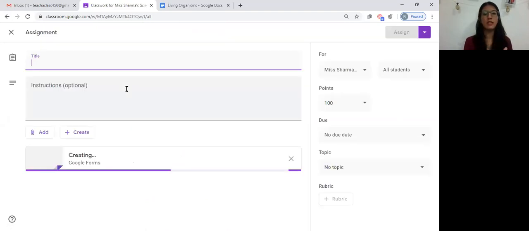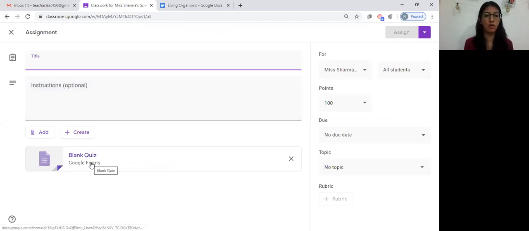Now, can you see the various things that you can do with your Google Classroom? You can assign assignments, you can ask them quizzes, you can post your reading materials, share videos, etc. Now, I'm going to show you quizzes. If you want to understand how to work with Google Docs, Google Forms, Google Drive, you can simply go to our YouTube channel and watch the tutorials that we have created for each of them separately. In this session, I'm simply going to take you through how to work this around in the Google Classroom.